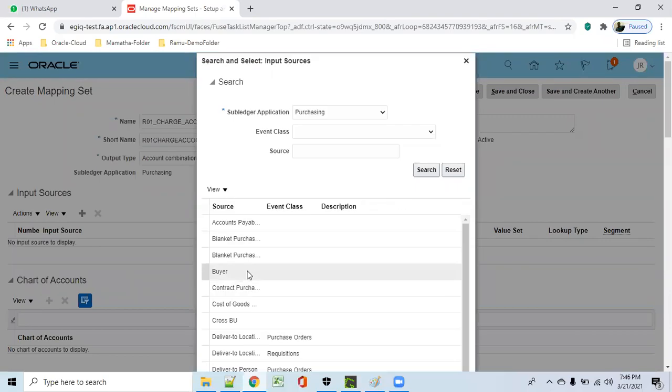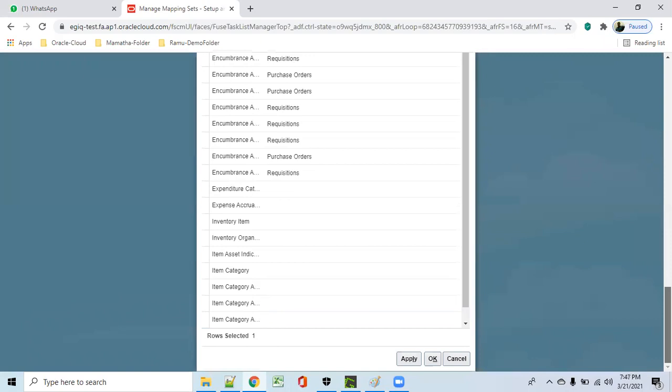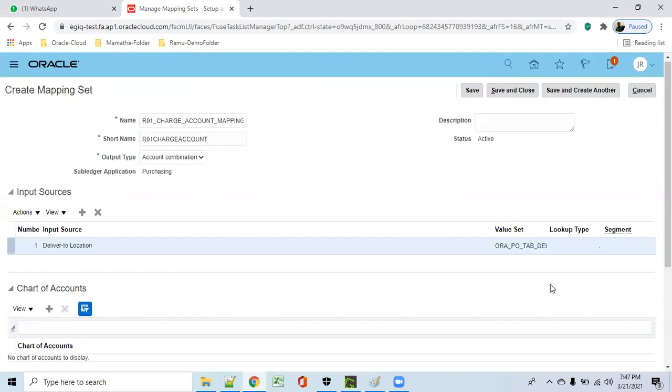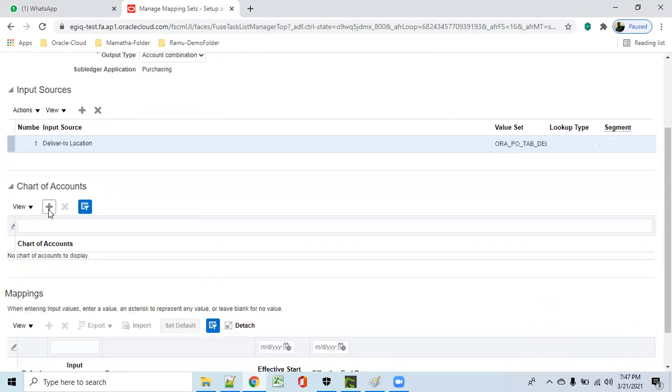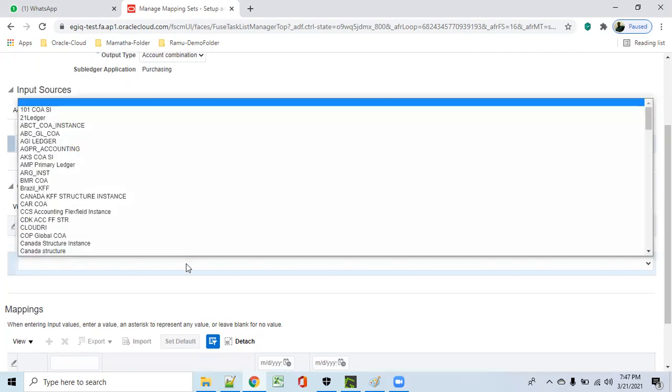Okay, so let us take a buyer or deliver to location. Okay, so automatically the value set came. So for this deliver to location, they have given the value set of this and chart of accounts.